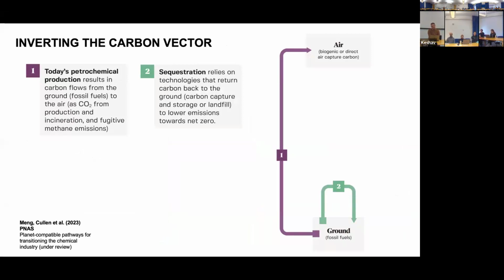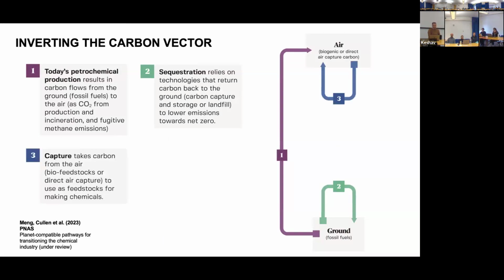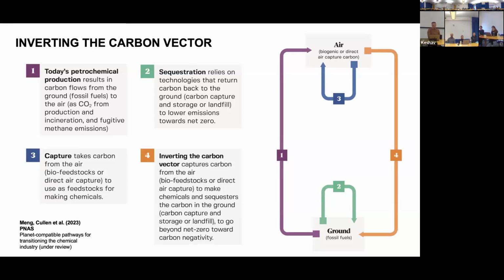Sequestration thinks about taking that carbon out of the ground and finding ways to put that back into the ground, as CCS or as landfill. Capture could think about taking biostocks or direct air capture carbon and putting that into plastic, which means if you then released it and burned it later, that wouldn't be a problem, that would balance it. But we think there's a route for the industry to be actually taking bio or direct air capture carbon, converting it, particularly around food and medical products, which are very difficult to get away from single use, and then putting those products into the ground as landfill